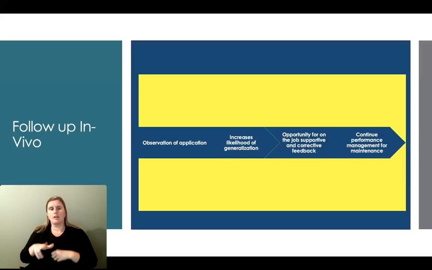And of course, we must make an attempt to continue performance management and training. As we have collected data during training, we must continue, and most importantly, continue to collect data post-training when the skill is actually being implemented in natural settings with the actual clients or with the actual students to see whether the skill is actually being maintained. And if the skill is not being maintained, then make the necessary adjustments to our training procedures so that the peer educator can continue performing the skill to optimal levels of implementation fidelity.